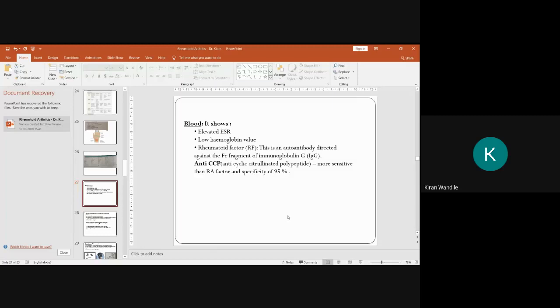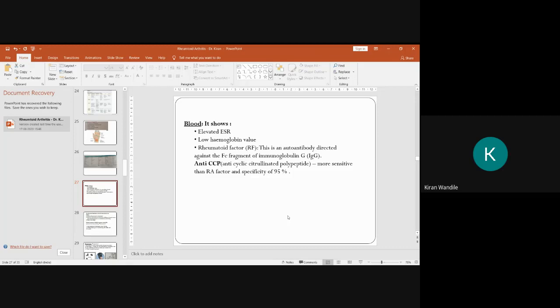You can get this false positive report in chronic infections, other rheumatic diseases, and in Sjogren syndrome. And even in 10% of the healthy population, you may find this rheumatoid factor positive. So that is why anti-CCP is more specific, and anti-CCP, that is anti-cyclic citrullinated polypeptide, is more sensitive and specific than rheumatoid factor, because